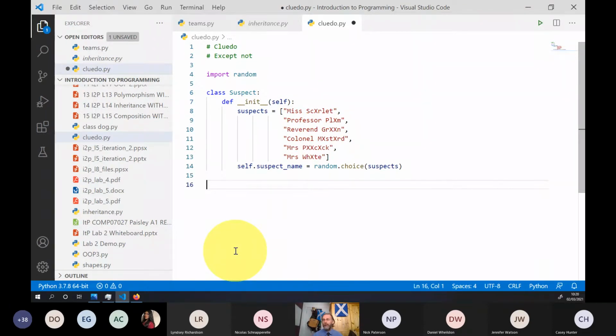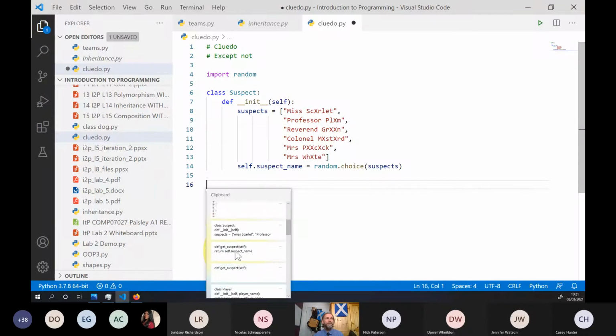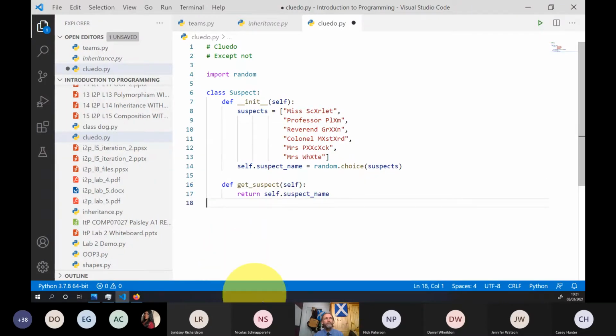And I know that if we were actually playing Cluedo, that wouldn't be enough because we would have multiple suspects and all that kind of stuff. This doesn't make sure that we only use one, so don't worry about that because of course it's not Cluedo. Okay, so we'll set up our suspect. We have initialized it, and I've just put in another method which just says get the suspect name that we've come up with. Okay, so we can type it out.